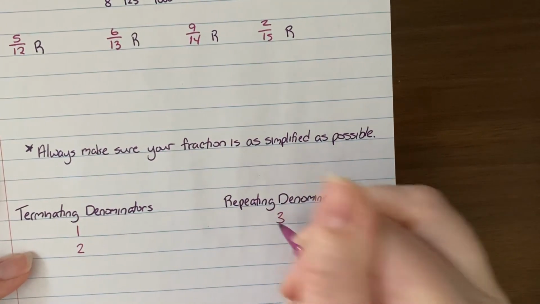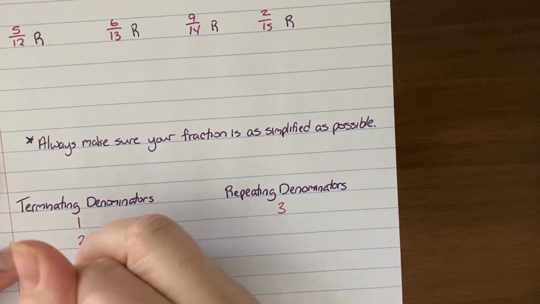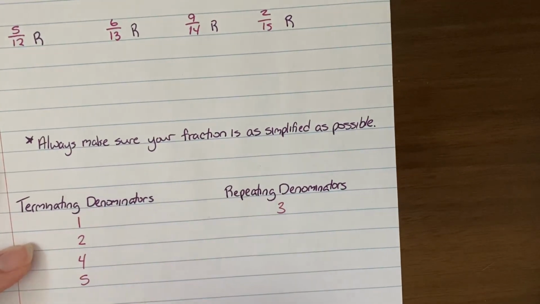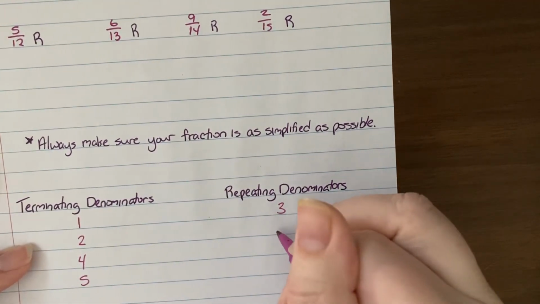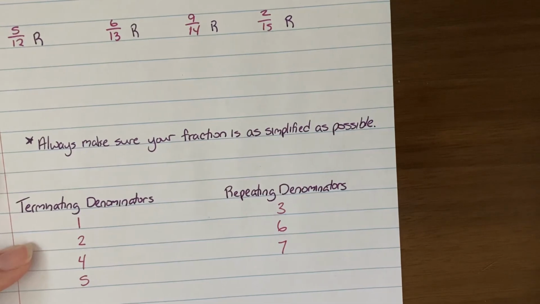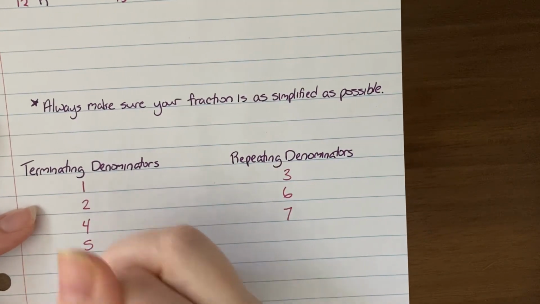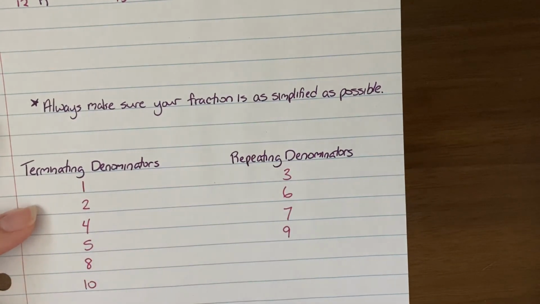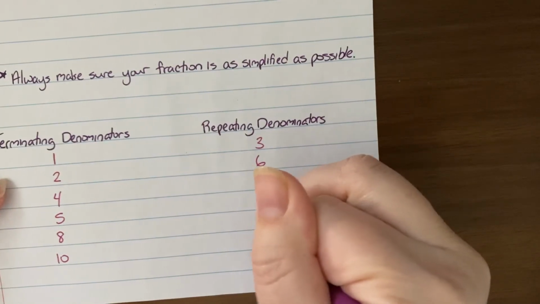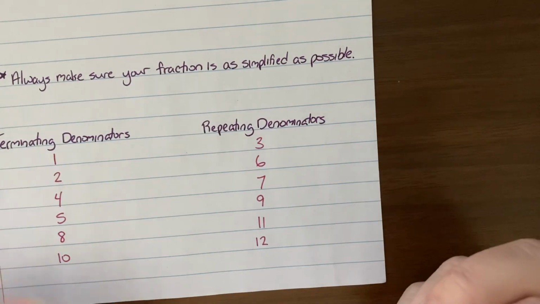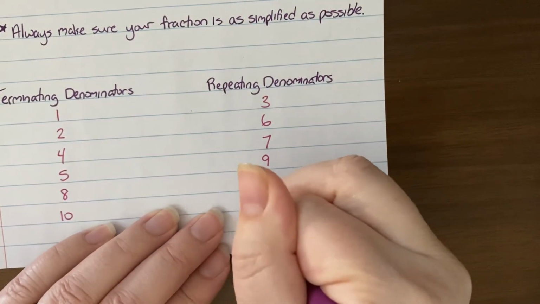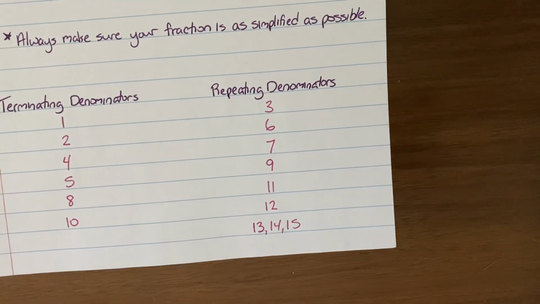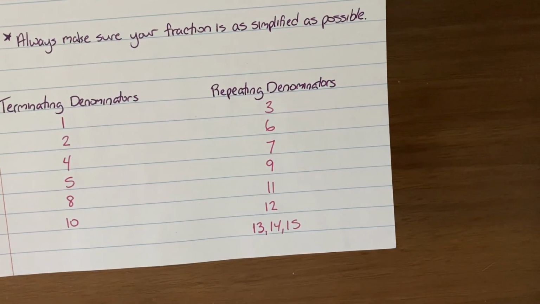We learned that 3 is always repeating. We learned 4 is terminating and that 5 is terminating. We learned that 6 is repeating, 7 is repeating, 8 is terminating, 9 is repeating, 10 is terminating, 11 and 12, and I ran out of room here, so 13, 14, and 15 are going to be